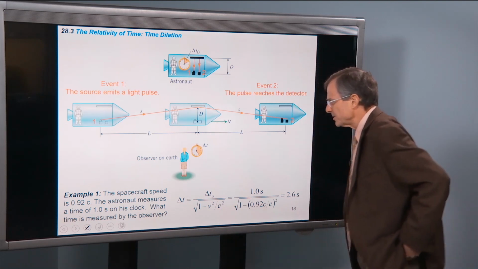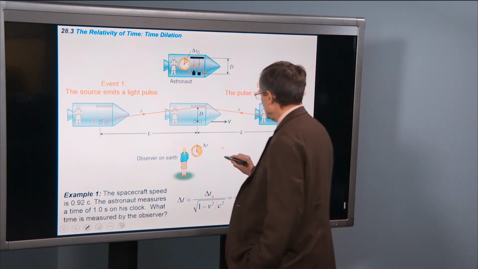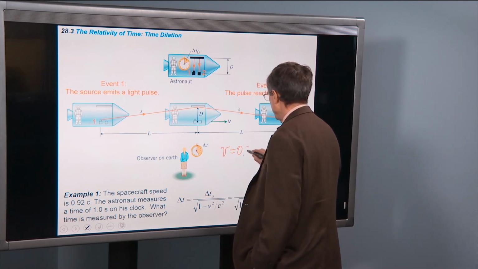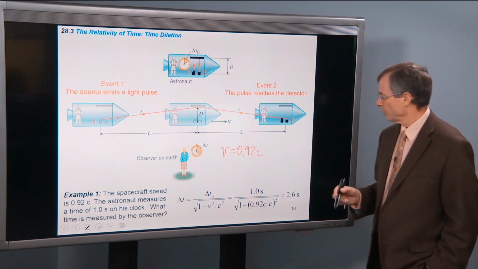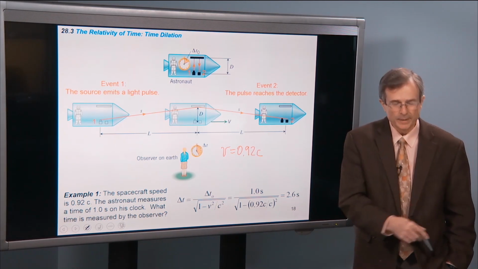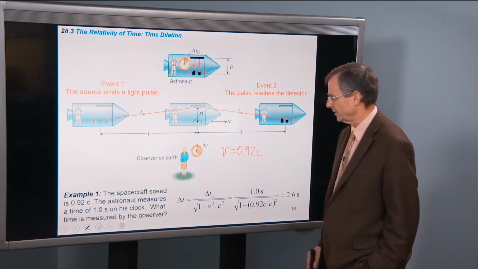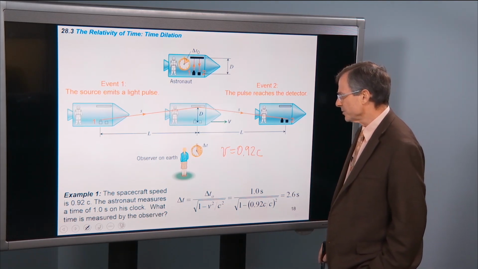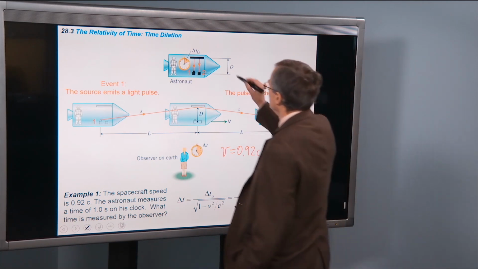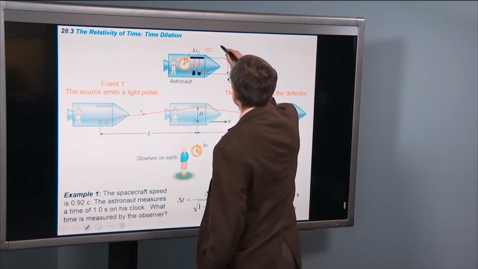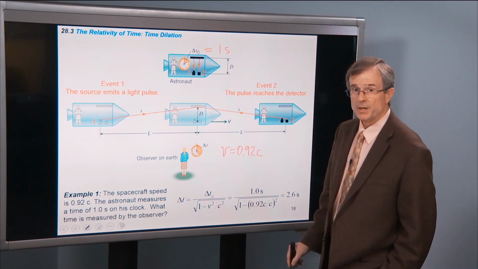So an example, the spacecraft speed is 0.92 c. So v is 0.92 c. That's 0.92 times the speed of light, which is 3 times 10 to the 8th meters per second. So you can work that out into meters per second if you want. The astronaut measures a time of 1 second on his clock. So he says on his clock there's a time of 1 second. What time is measured by the observer